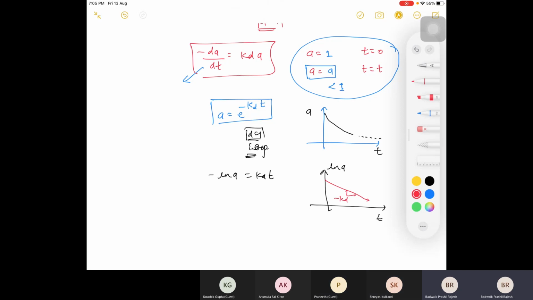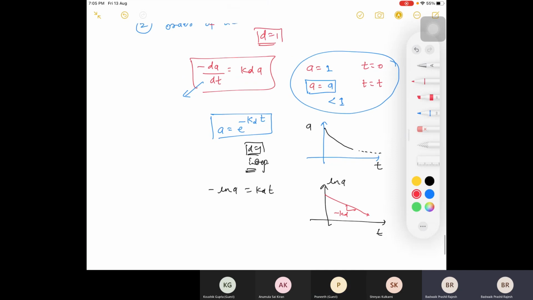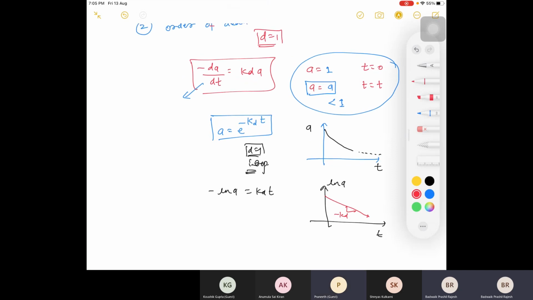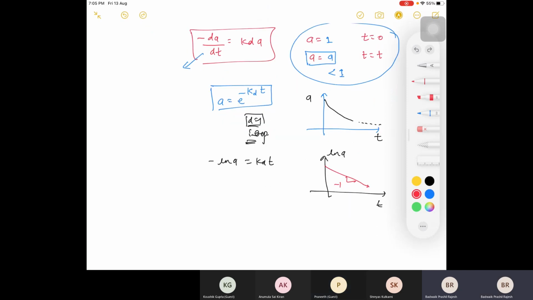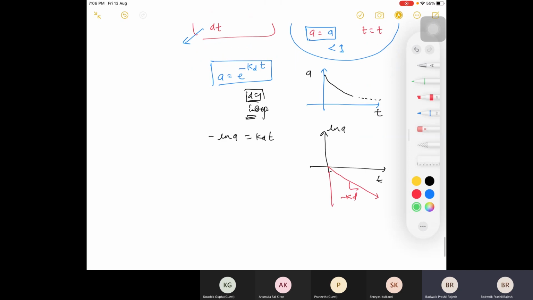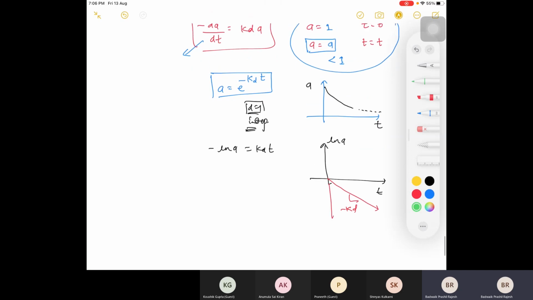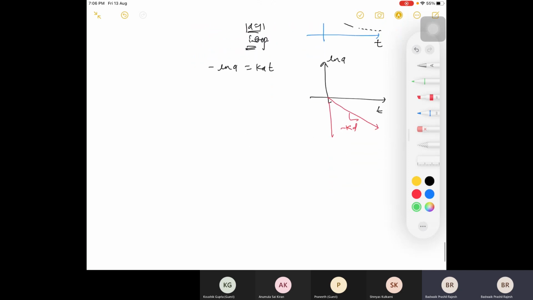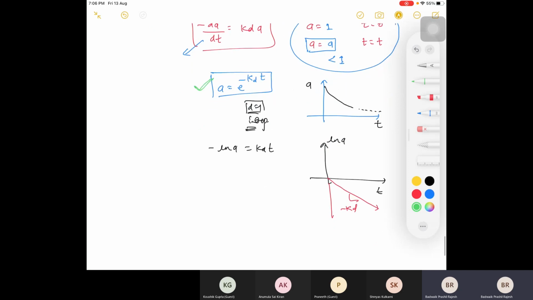So this kind of equation might be asked, right? I'm just giving you hints. I think there will be no intercept. It moves from the origin, right? Yeah, you are right. So there will be no intercept. It will be in the fourth quadrant, like this. This is minus kd. So this kind of graph could be there. In the exam you can find a number of graphs based on this. I'll tell you to draw the graph between which and which. So this is the first condition, when there is independent deactivation.